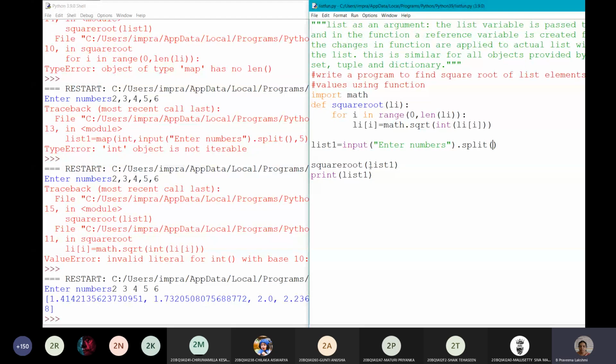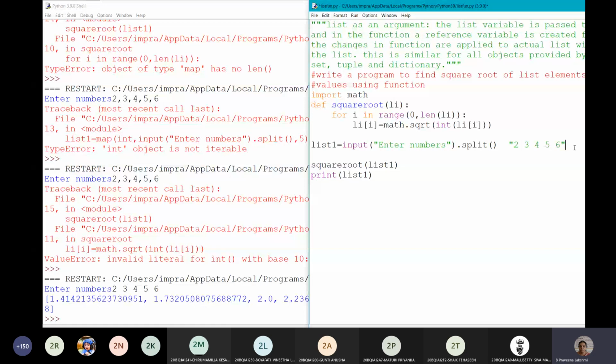Ma'am, why did you use split there, ma'am? Okay, why? Because we will give the numbers as a list of numbers. So that whole list of numbers will be considered as a string, that is 2 space 3 space 4 space 5 space 6. That total will be considered as one string. Within the double quotes it takes 2 3 4 5 6. So it considers it like this. Okay, this we split based on the spaces, so that it takes 5 different numbers.